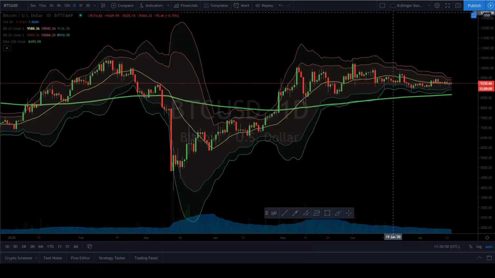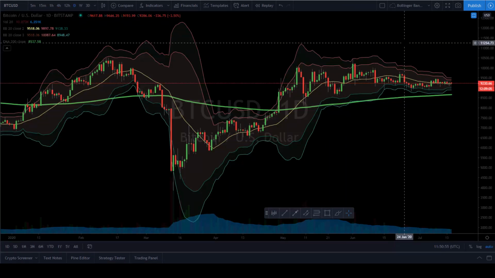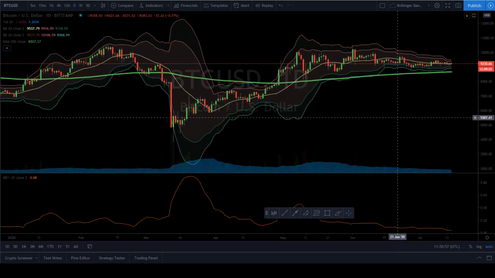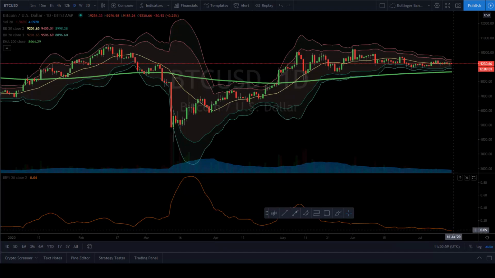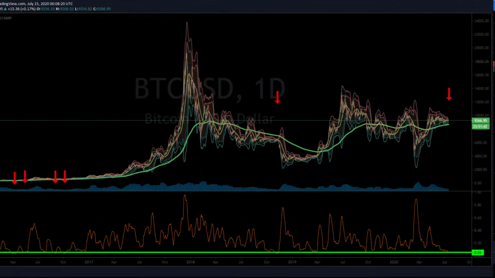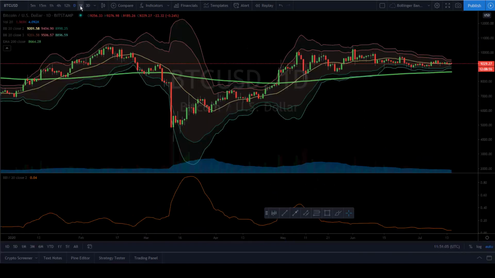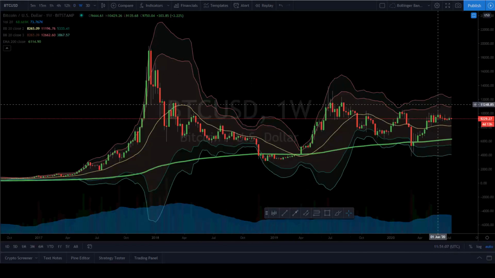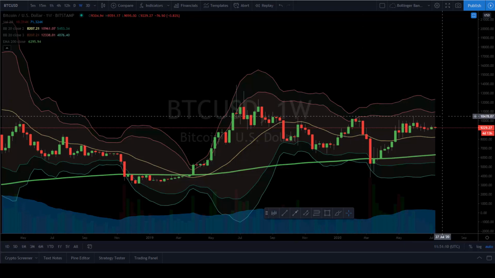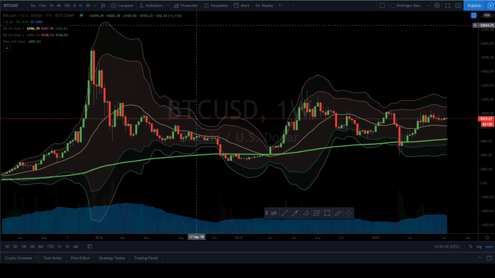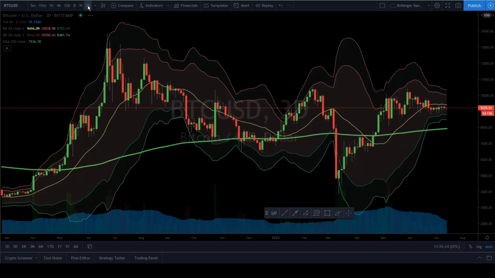Let's jump right into the daily chart for the Bollinger Bands. This has come down to an extremely narrow point right now. If we use the Bollinger Band width indicator, it's actually one of the very most narrow places that the daily chart has been on. And yet, when we go to the weekly chart, we can see that the bands are still very wide relatively. So I started to move into the 3-day chart to see what the difference was.